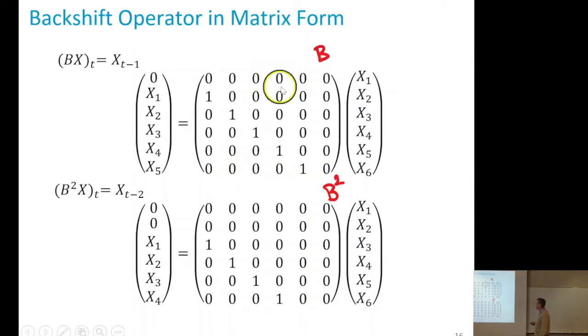If we square it, if we apply the backshift twice, we obtain the formula. The backshift twice looks for x of t minus 2, and in matrix form, it will give this one. So what happens when we square this matrix that corresponds to B? This subdiagonal sequence of 1s is shifted by 1. So if we do it n times, so this is B, B squared, B3, B4, in that example B4 will be equal to 0. So if we shift enough